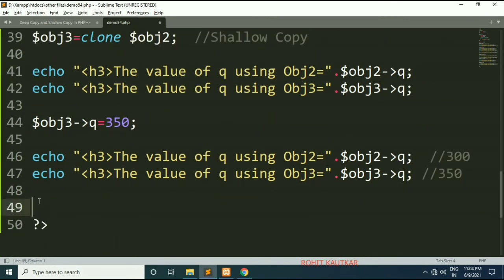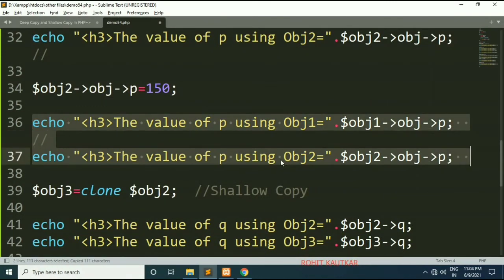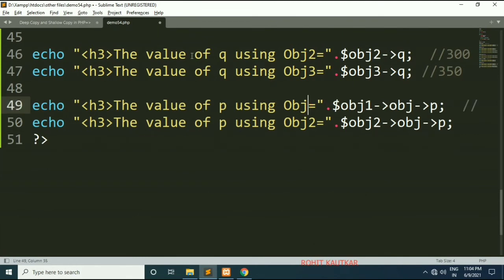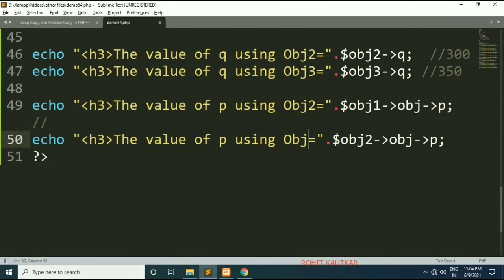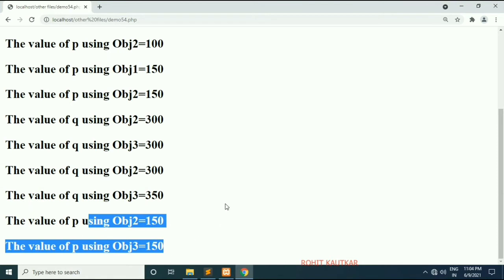So I will copy these two statements, and now here I will write object 2 and object 3, in the same way. Let's see what value we get. You can see both objects are giving the same value.